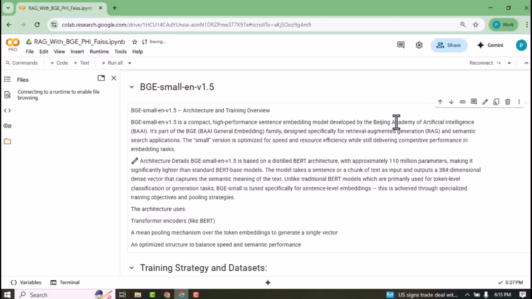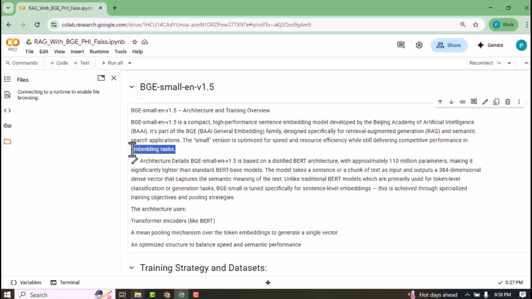Developed by Beijing Academy of Artificial Intelligence, BAAI, it is part of the BGE, BAAI General Embedding, family, designed specifically for retrieval-augmented generation and semantic search applications. This is actually a small version that is optimized for speed. It can get a response quickly, with low resource utilization. Resource utilization is all about using small memory, like CPU or GPU, while still delivering competitive performance